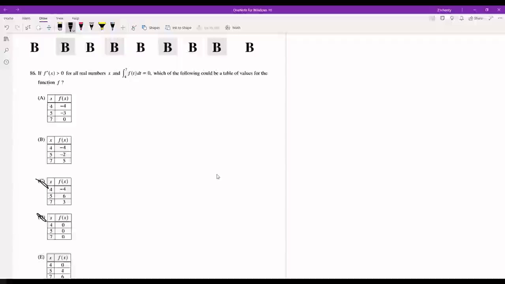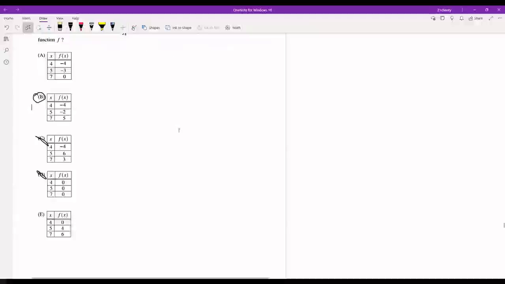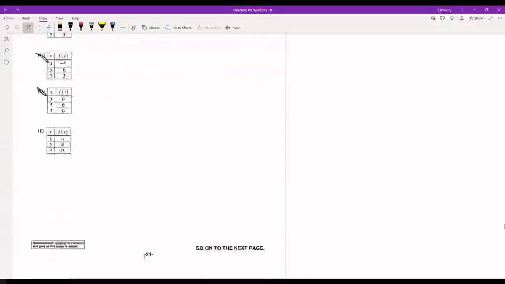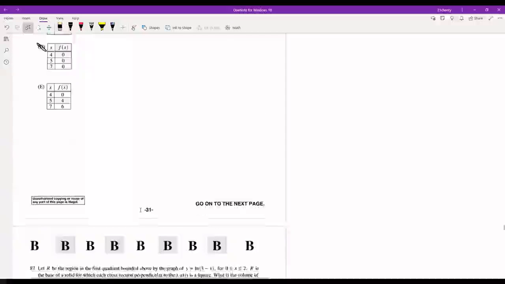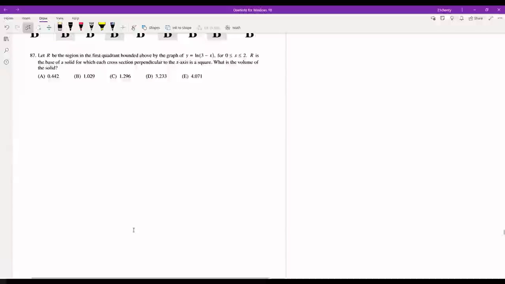Which means that this could be a table of values because it spans positive and negative values. A only spans negative values, and B and E only span positive values. So those would get a negative and positive value of the integral respectively. So B is the answer. Okay, now